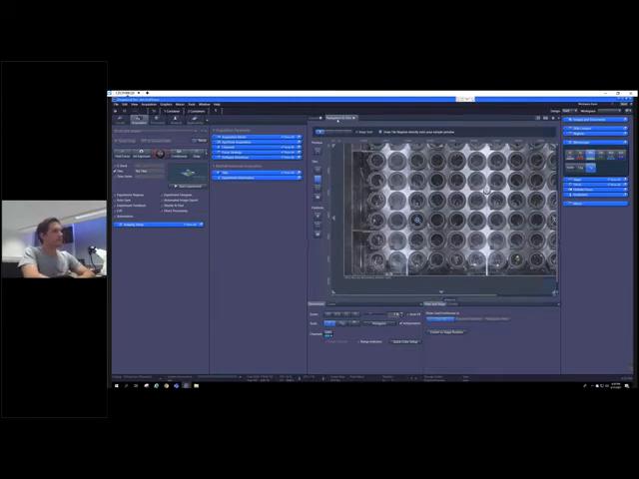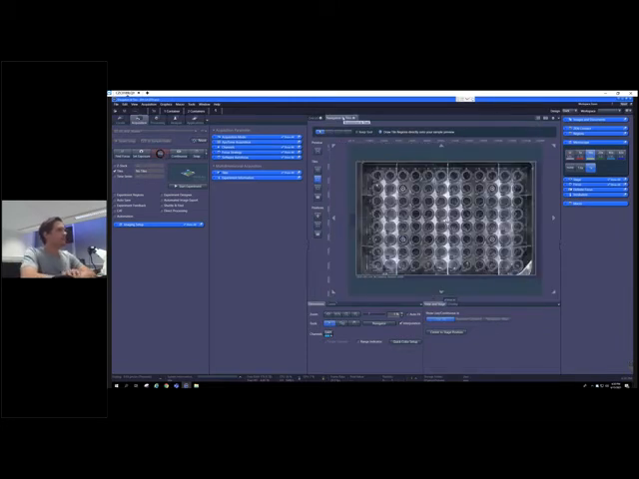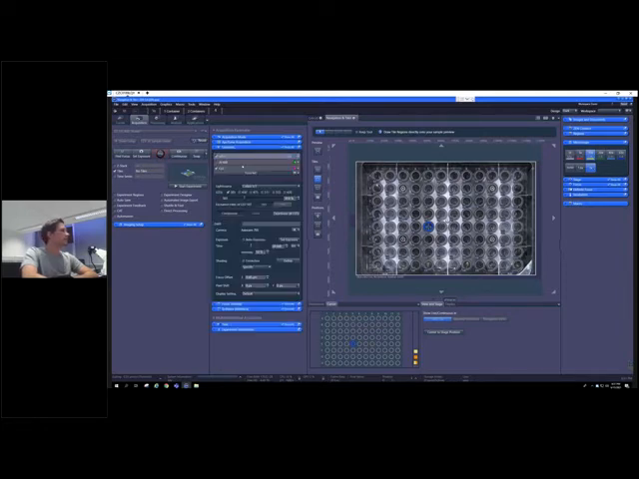Okay, as you see in our navigation and tiles overview, we now have our 96 well plate with the identified carrier IDs, plus a graphical representation of our carrier, which we can then directly use to assign our experiments. So for example, I've just switched here to a 10x magnification. We could go with